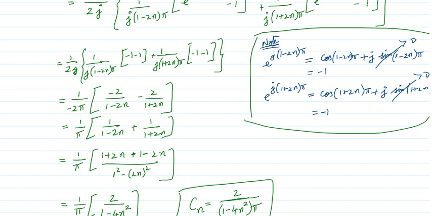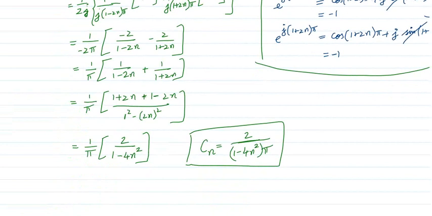So it is 1 by 1 minus 2n plus 1 by 1 plus 2n. So it is a minus b, it is a plus b, so a square minus b square. Bring this 1 plus 2n, 1 minus 2n here. On simple mathematical manipulation, you will be getting 2n will get cancelled out. So we get 2 by 1 minus 4n square. So this is your Cn.